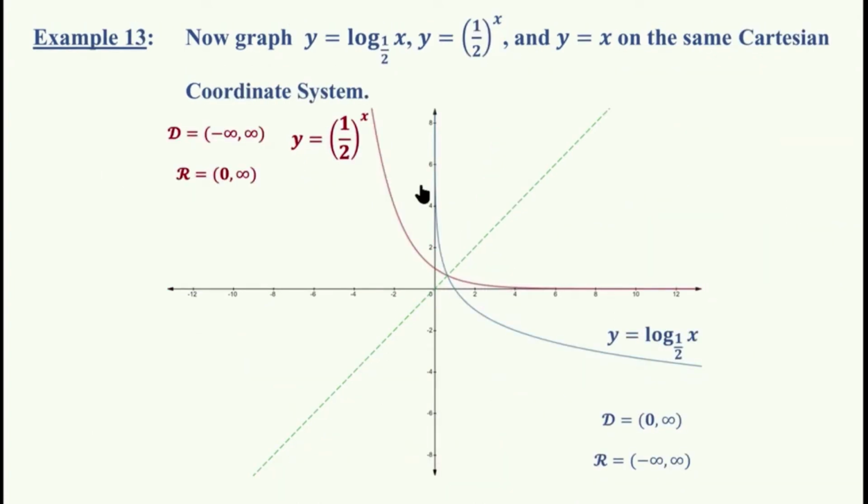See what happens when you take a base value between 0 and 1. The logarithmic function becomes a decreasing function. And that's exactly what happened with the exponential function as well. All right, and these two, log base 1/2 of x and y equals 1/2 to the x, are obviously also